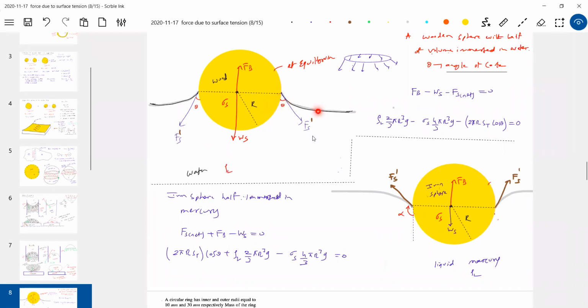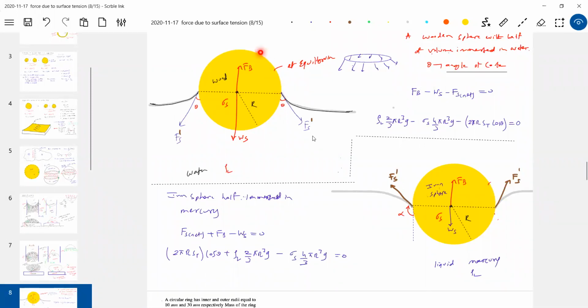Based on that, draw the free surface. Then the force due to surface tension should act tangential to the surface. Now you have to ask the question, what is the force exerted by the wooden sphere on the free surface? Anybody wants to reply? Shall I show upward, opposite to this Fs dash? Because of Newton's third law, action and reaction are equal and opposite. What is this F dash? Force exerted by the free surface on the wooden sphere. The force by the wooden sphere on the free surface should be opposite. Getting the idea, no?